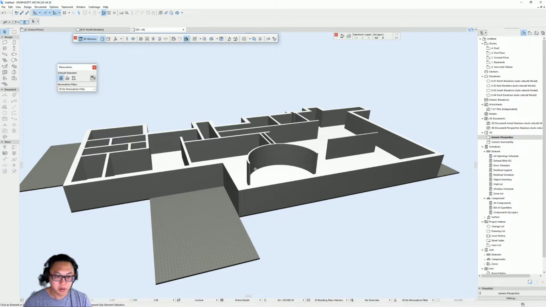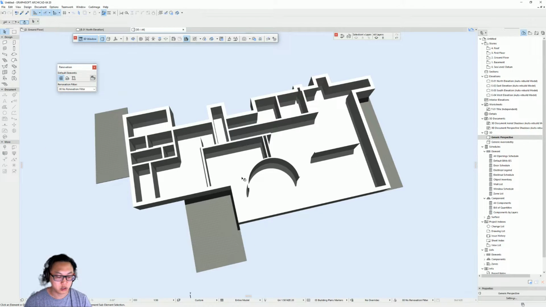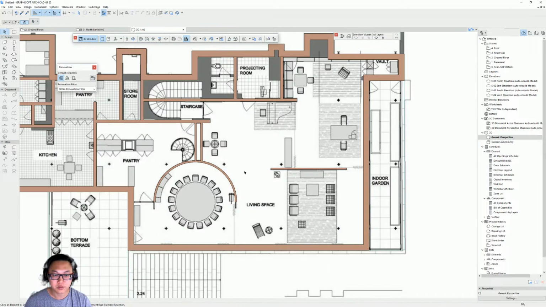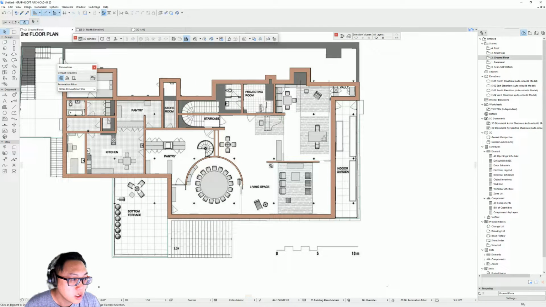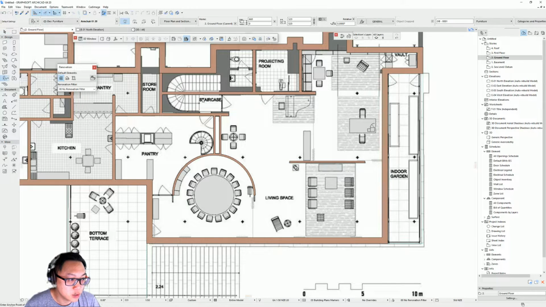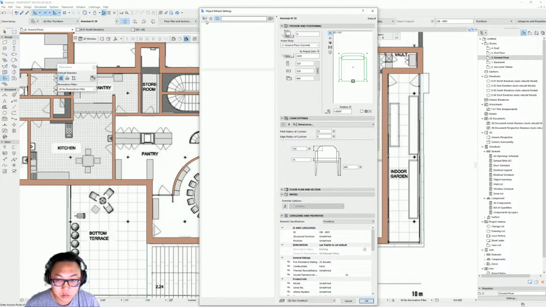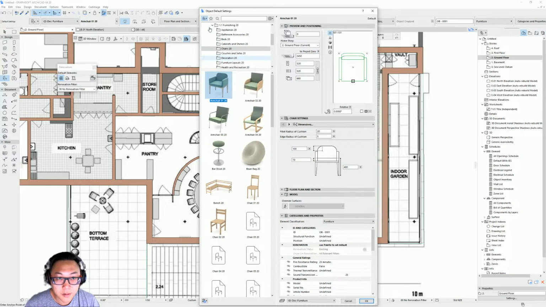Okay, so now I think I'm just going to show you how to put some furniture, and that's the fun part. So you go here, Object Tool, go here. You can see that there's a big library. Go to Object, Furnishing,